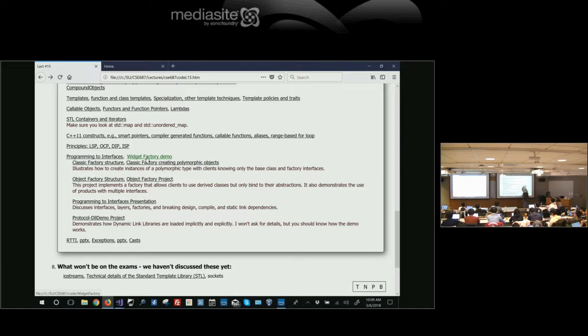Casts, you need to know how they work. So static cast, dynamic cast, const cast, reinterpret cast. I will add to that, std::move is actually a cast, and there's also something called std::forward that's a cast. We haven't talked about that yet. I will talk about it. It won't be on your exam, I promise you.